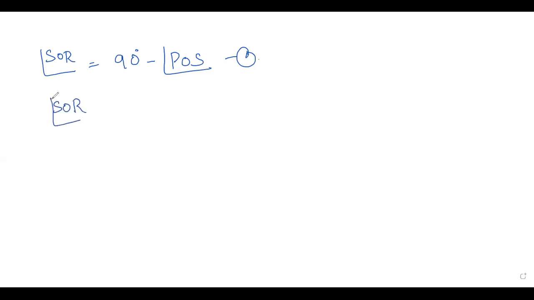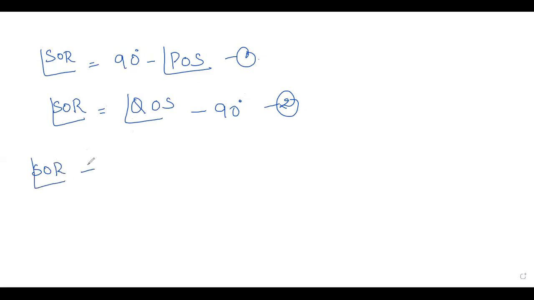Once again, I'll write the equations. Equation 1, SOR is equal to 90 minus POS. This is equation number 1, and equation number 2 is SOR is equal to QOS minus 90 degree. See, your left hand sides are both equal. So right here,